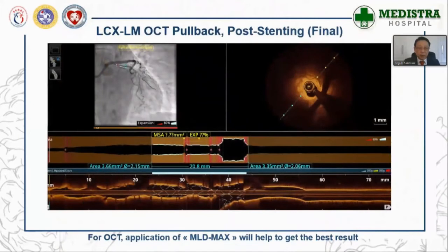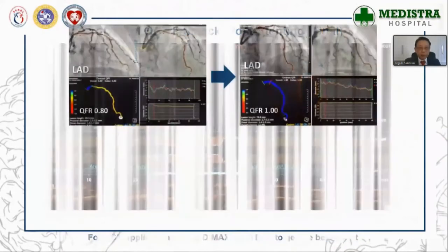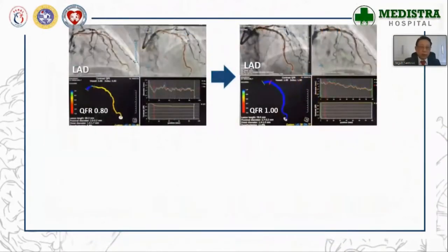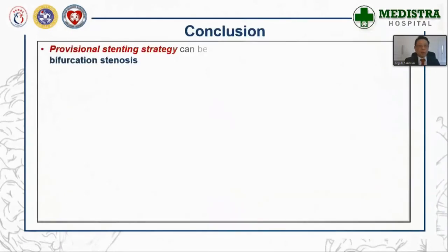And this is the stent rendering mode, showing here the OCT pullback images of left main, LCX to left main. Again, very satisfactory result. And this is the QFR assessment of the left main LAD and left main LCX, showing subnormal values at the baseline, which became normalized. So in conclusion,